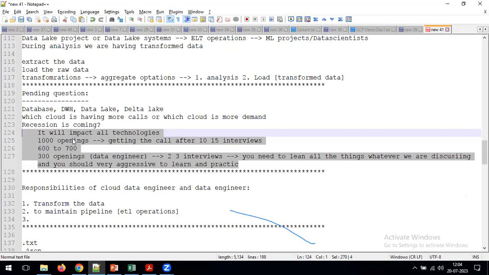Any placements? Placement side, from our side, we are not doing any placements, because as a data engineer or as a cloud data engineer, you should have a minimum of 2 to 3 years of experience. Maximum, I can say you can put in 5 years of experience. But you have to put in the 2 to 3 years. Only then can we conduct the placement